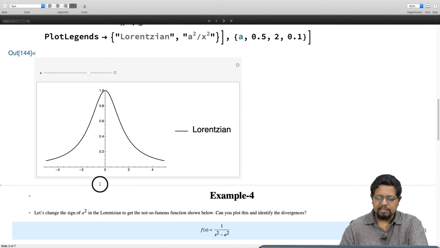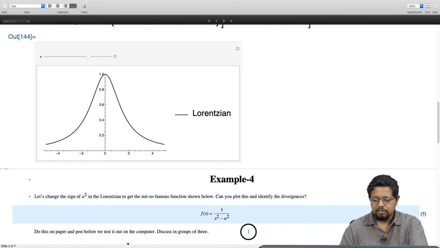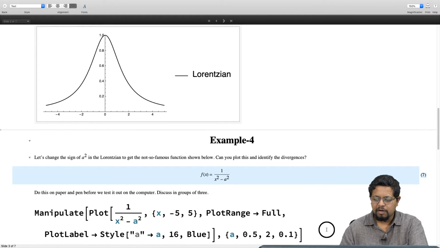Let's take a look at the example where we take a function just like Lorentzian, but in the denominator we'll keep it x square minus a square rather than x square plus a square. When it is x square plus a square, it is a Lorentzian function. When it is x square minus a square, this function has divergence. Let's identify what the divergence is. We'll go ahead and plot this function,